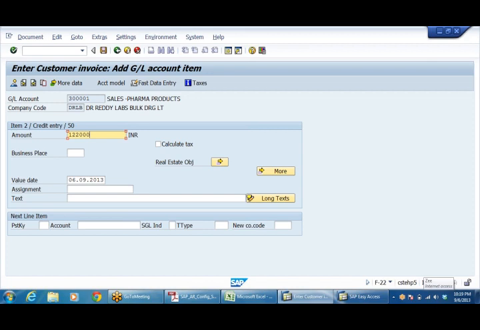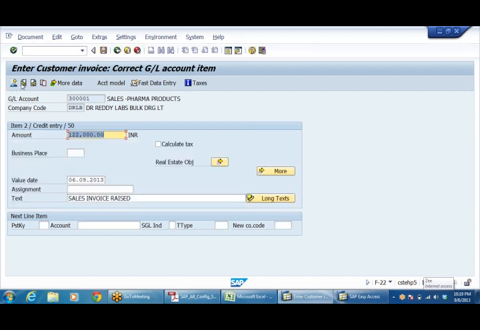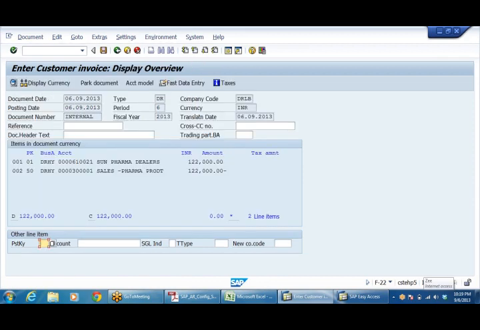So second line item 1,22,000 sales invoice. Click on overview. So 1,22,000.